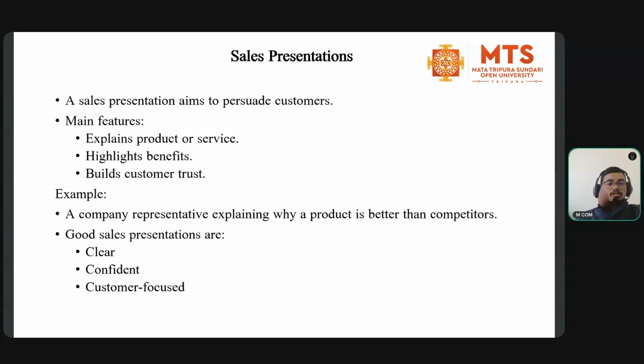Sales presentations often use reports, charts, and data to support claims. Confidence and clarity are very important. A successful sales presentation does not pressure customers. Instead, it informs and convinces them logically. Sales presentations play a key role in marketing and business growth. Before understanding how they work,